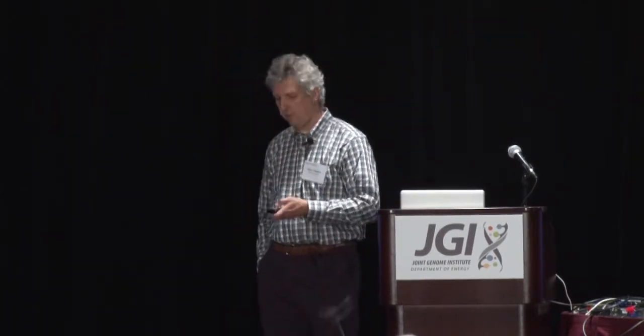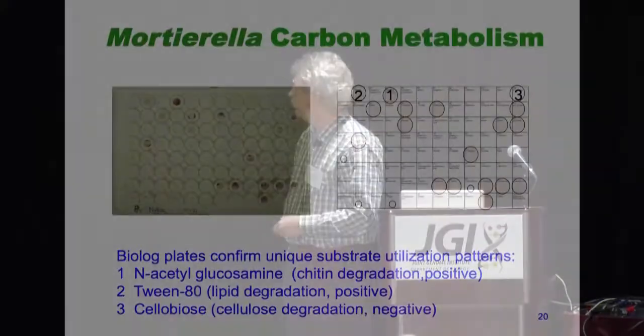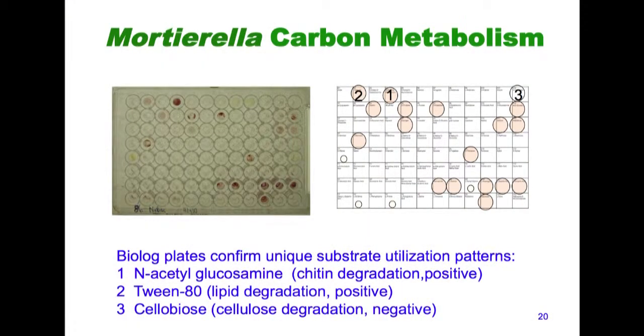So even though Mortierella is generally considered to be a saprobic soil fungus of no consequence, it appears to favor the rhizosphere, and we know that we've isolated it from within the plant roots themselves. We've done a variety of metabolic comparisons with it, and using Biolog plates, we can very rapidly assess the types of nutrient requirements that it has.